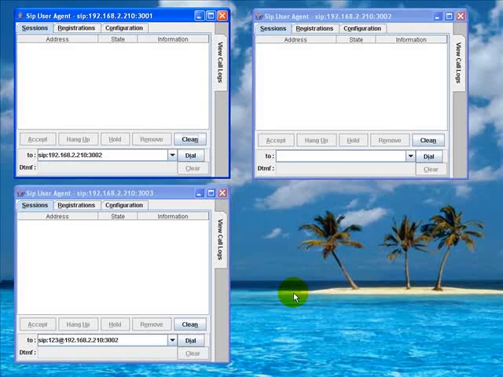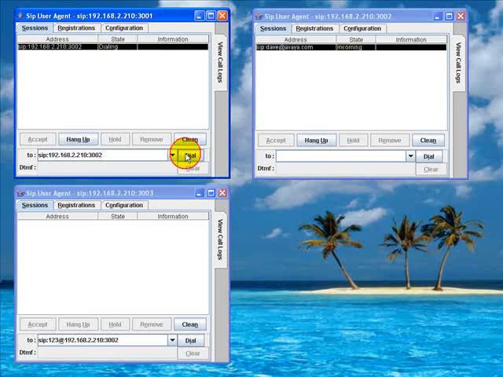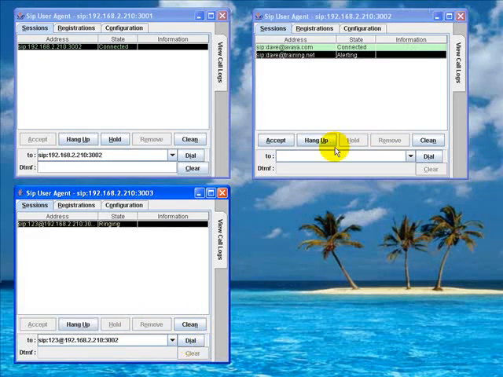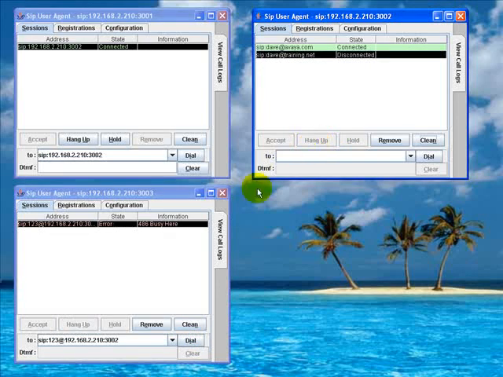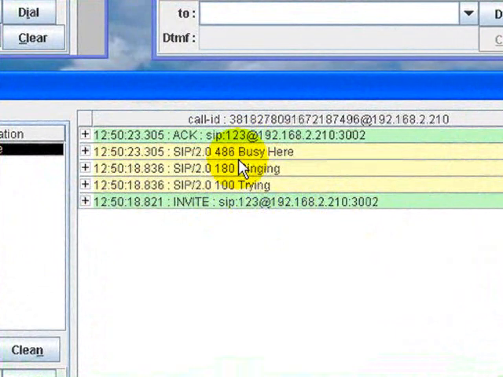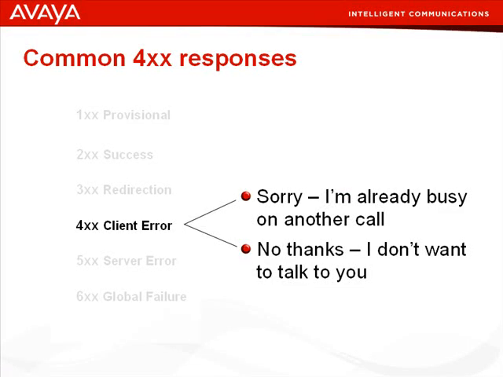So I've got my 3 user agents on the screen now. I'll make a call from one to the other to set up that first call. I'll accept it. We've got the connection made between these two guys. I'll come to my third user agent and click dial. And it's alerting, but I'm not going to take it because I'm busy. And we get back a 486 busy here. Okay, great. Now that we've generated a 486 busy here client error response,